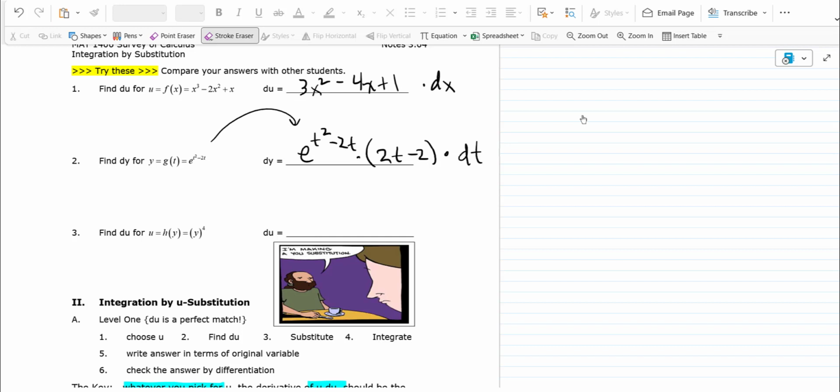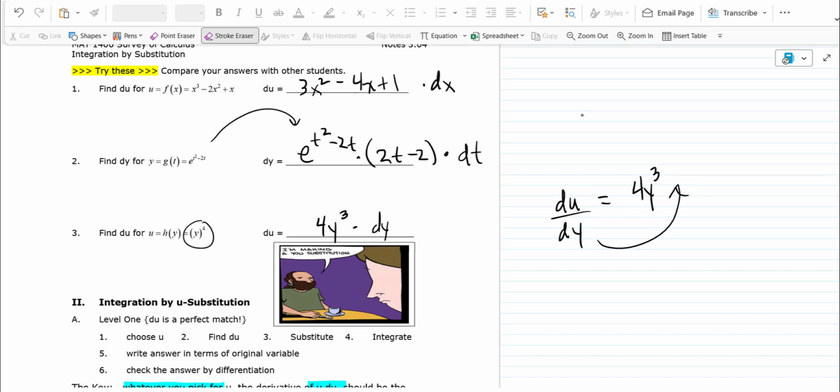Just make sure you have the same variable. That's the key. Okay? And then the last one, well, the derivative, I don't know why I put y in parentheses, but that derivative would be 4y to the third. And what do I put next to it? dy. Okay? That's it. So really what's happening on that is it's a way of writing notes, splitting up the notation. So in a sense, what we really have is du over dy is 4y to the third. That's the way you're used to seeing that written, but you can move that over there by multiplying both sides by dy. That's all it is. Okay, that's the idea. Okay, any problem with that? Okay, let me close off this